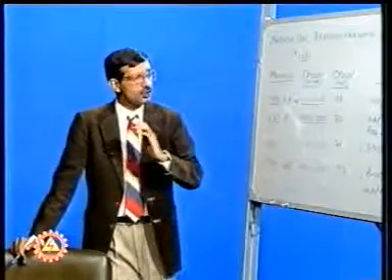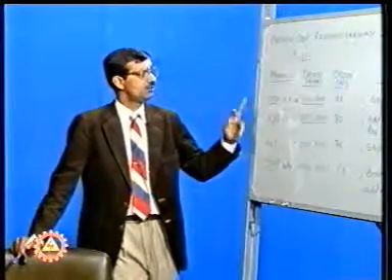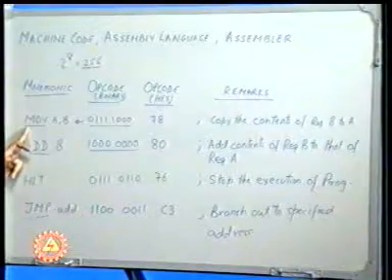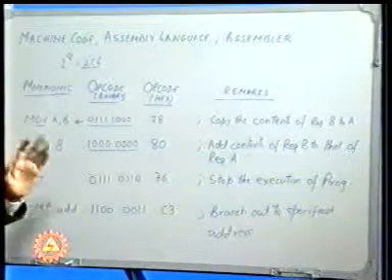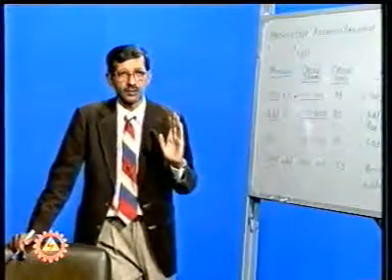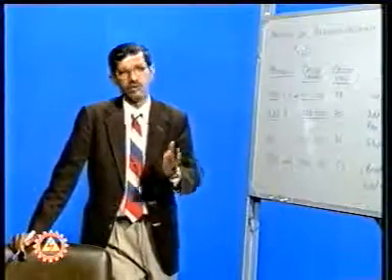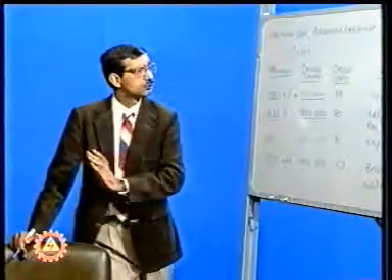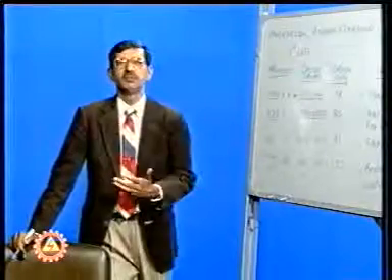But in order to execute the program, ultimately it is required that we should be able to replace the mnemonic by the opcode. Whether we write the opcode in hex or in binary, it is immaterial. Yet we have to convert the mnemonic into the opcode. It is certainly a cumbersome procedure. Once you write a program using mnemonics, then using a table, you convert the mnemonics into the opcode and then write the program in the microprocessor.